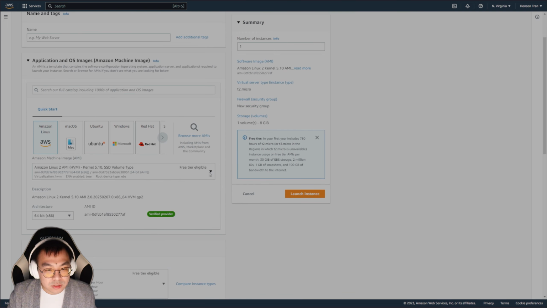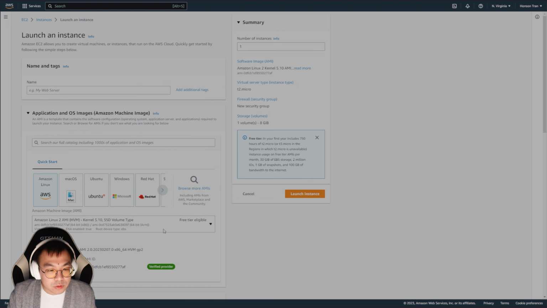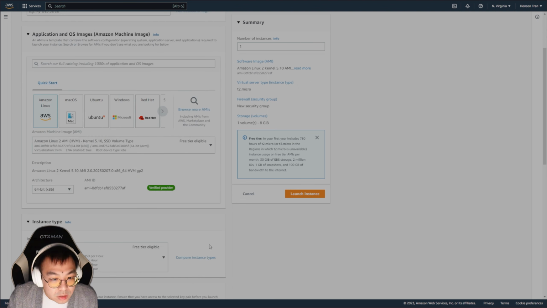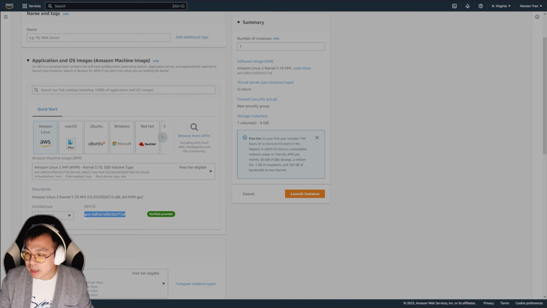I'll be able to select whatever image that I want. And you'll notice that when you click one of these, you'll see on the bottom here there is an AMI ID right here. And you can take this AMI and just copy and paste it over to the YAML. And every time Ray opens up a cluster, it will use this AMI. So going back to VS Code here,